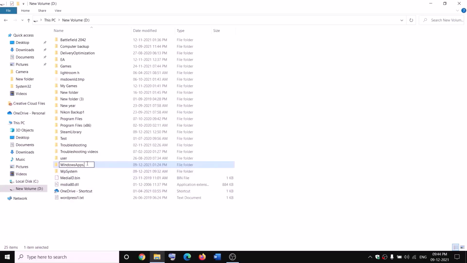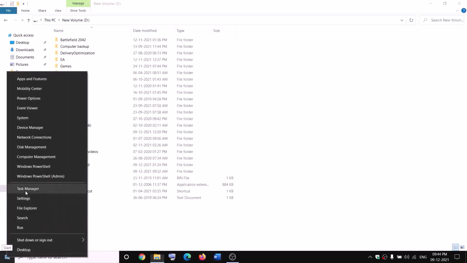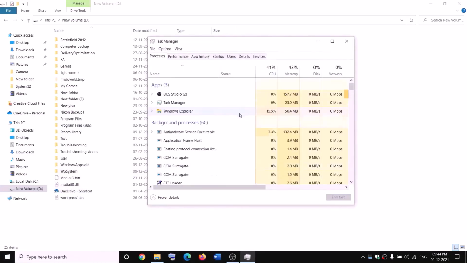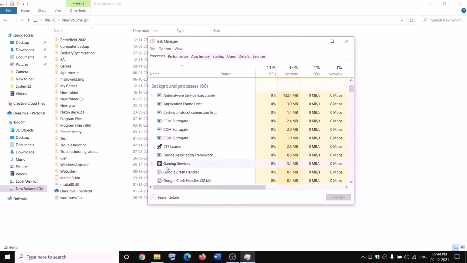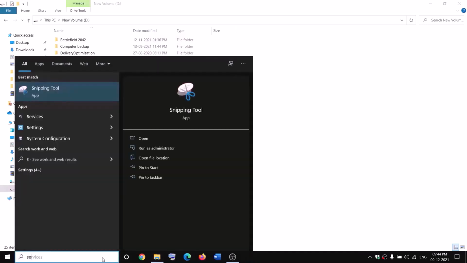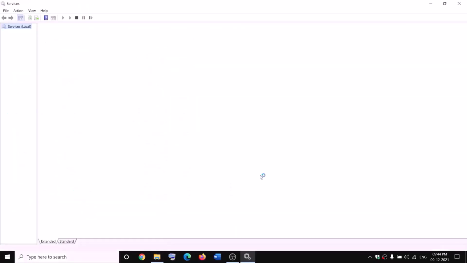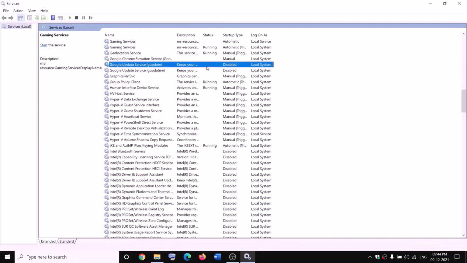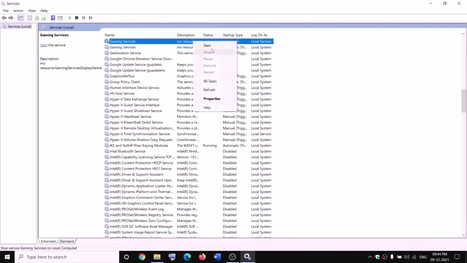Now while renaming it, if you receive any kind of error message which says file is open, in that case open Task Manager on your computer. Make a right click on the start menu, click on Task Manager. Now if you find Gaming Services, make a right click and then click on end task, and also open services over here, and then go to services and find Gaming Services, make a right click on Gaming Services, click on